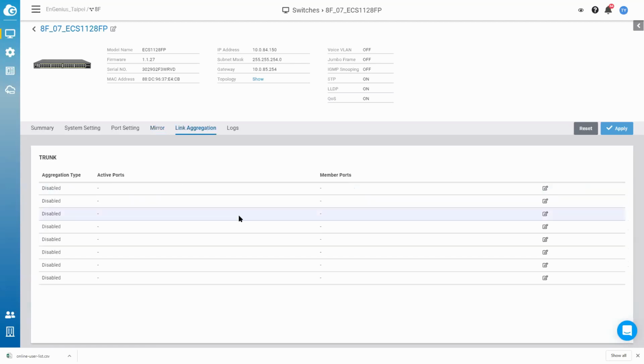So we also have link aggregation. What is link aggregation? Basically, it's trunking the ports, not to be confused with VLAN trunk. This is different. Link aggregation combines physical ports to create a logical port to increase the speed mainly. For example,